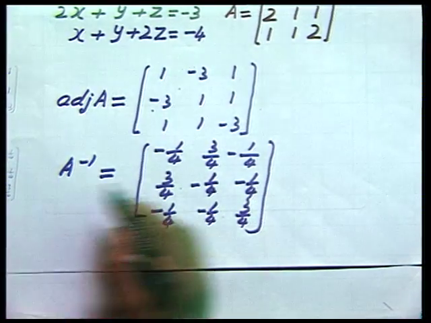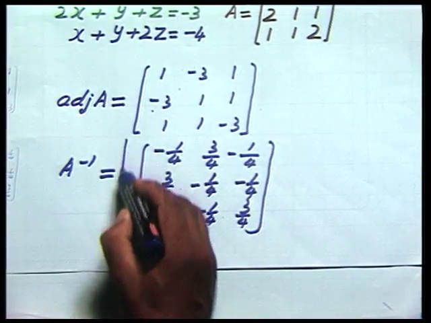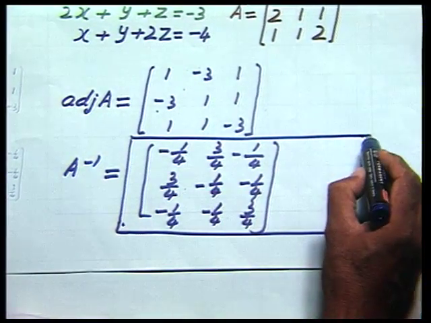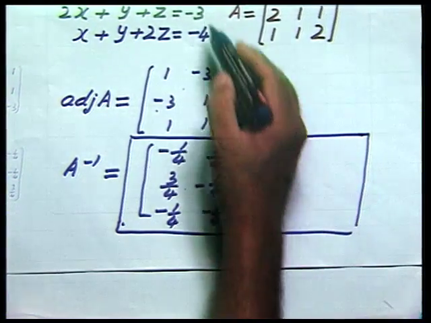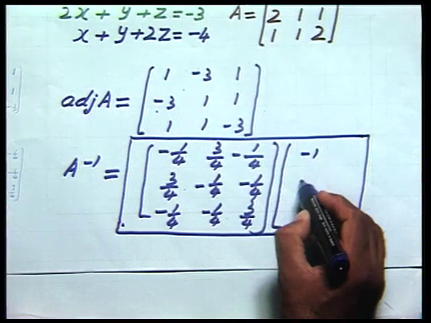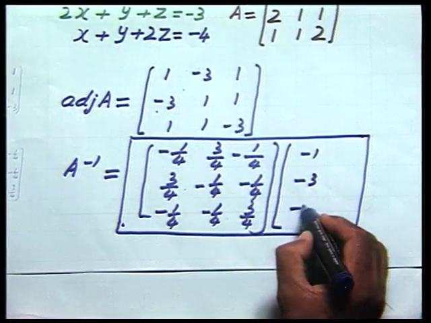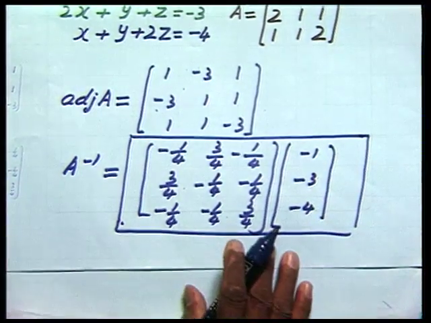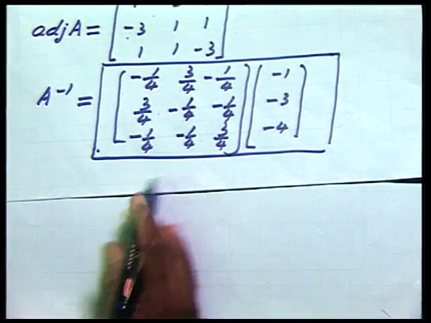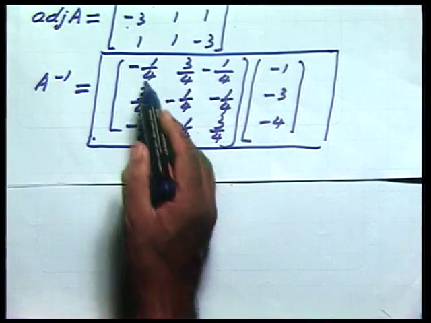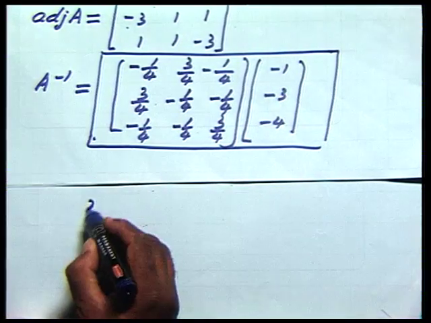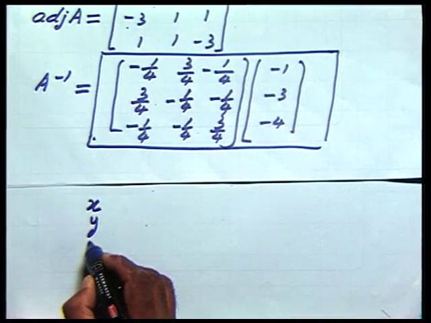To solve this equation, what do I have to multiply this with now? This particular portion multiplied with what? Minus 1, minus 3, minus 4. We can calculate this value. What will be this value? This value comes out to be this multiplied with this. So, this will now be written x, y, z